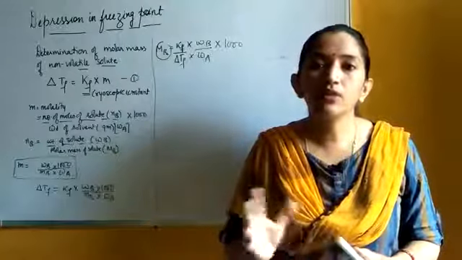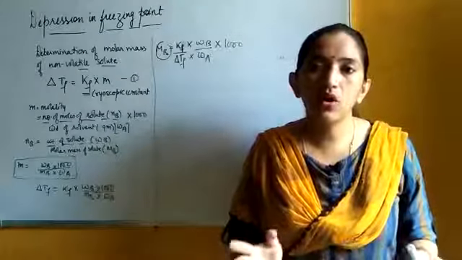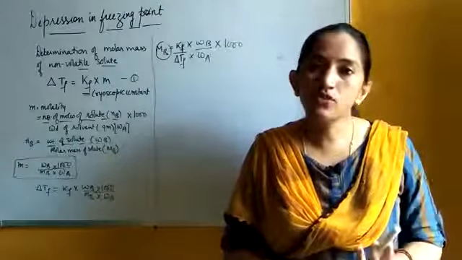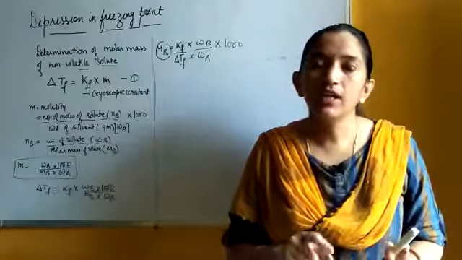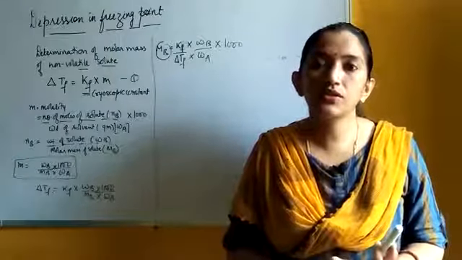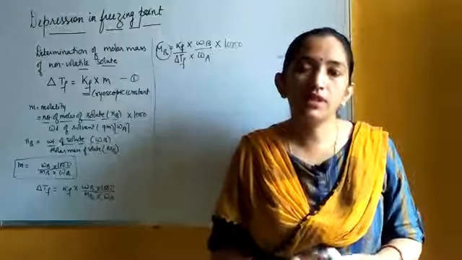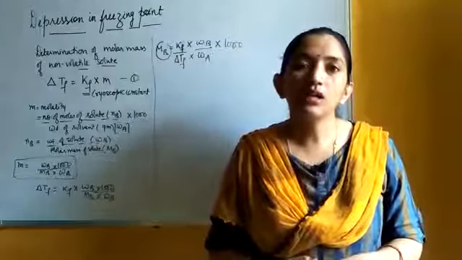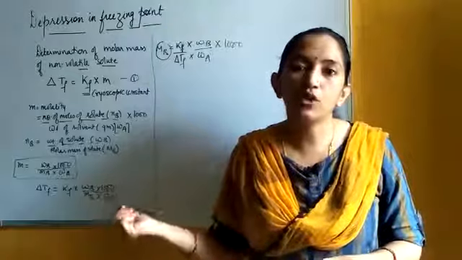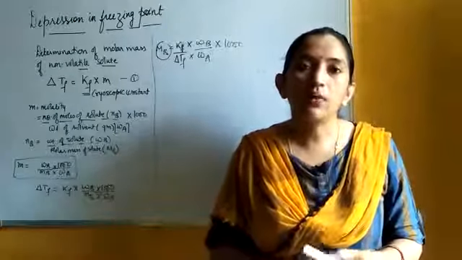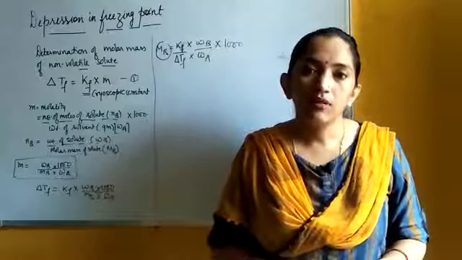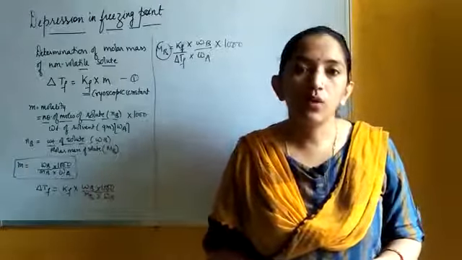So when will the two molar masses be equal? Only when the solute is non-volatile, there is no association or dissociation of the solute, and third, the solution is very dilute. In that case only, the molar mass obtained from the colligative property and that obtained from the formula mass will be the same.